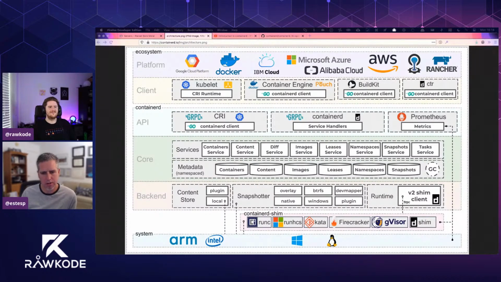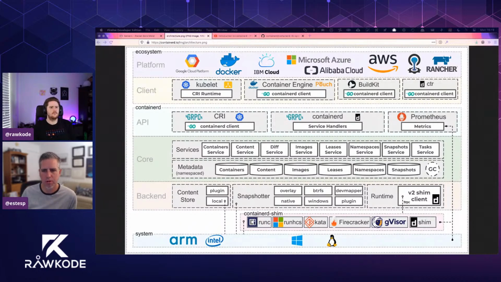We've talked about snapshotters, the pluggable content store, the array of gRPC services, and then of course above that, you can have container engines consuming all of this by using the Go library or calling the API. And so Docker does that. The Pouch Container project I talked about does that. Via the CRI API, Kubernetes does that. And then BuildKit, another consumer, also just says, I want to use Containerd as a client. I'm going to use the Go API to use their features for pushing and pulling from registries and so on.